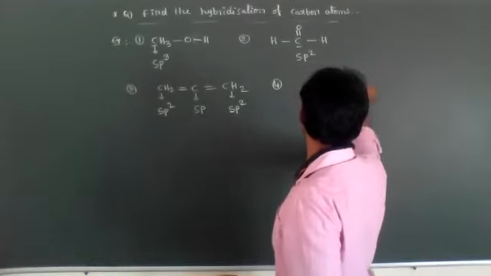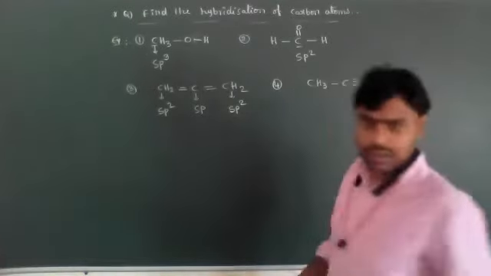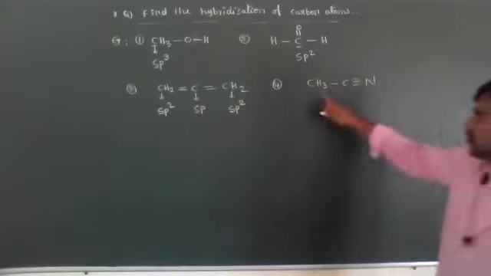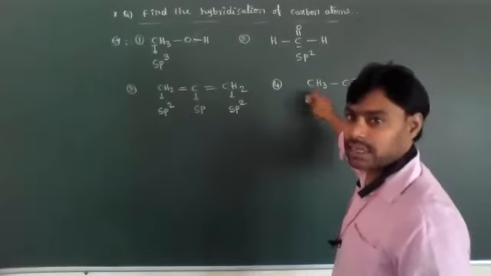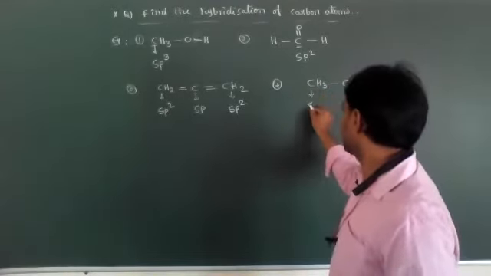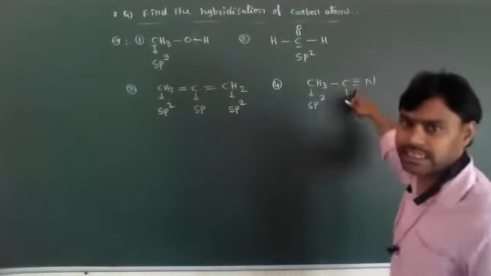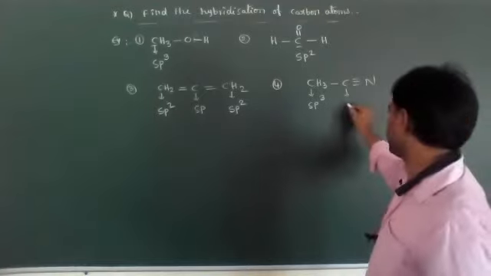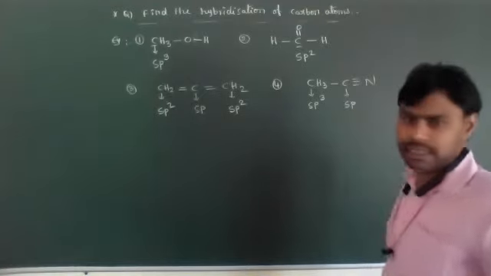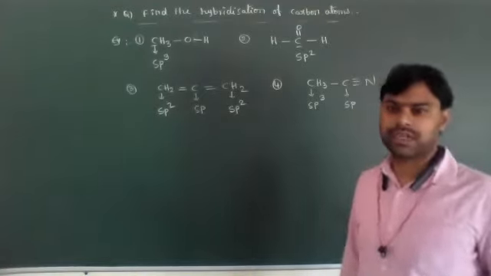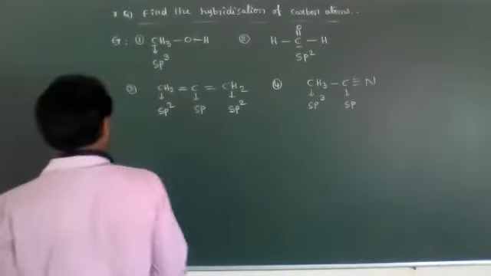CH3 bond C triple bond N. Now this first carbon, CH3, has all single bonds present. Its hybridization is sp3. Then here a triple bond is present. Its hybridization is sp. Okay, students. So next one is